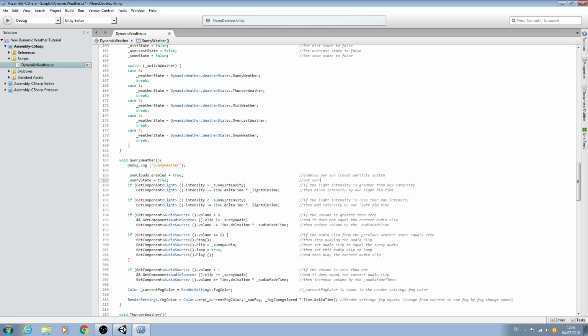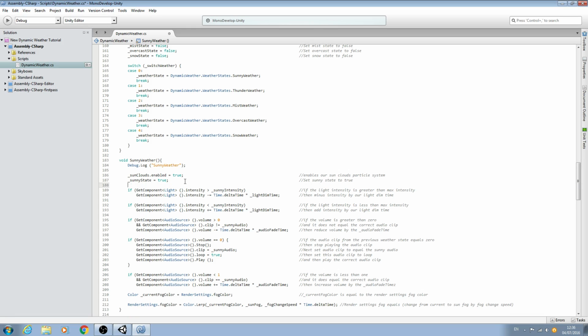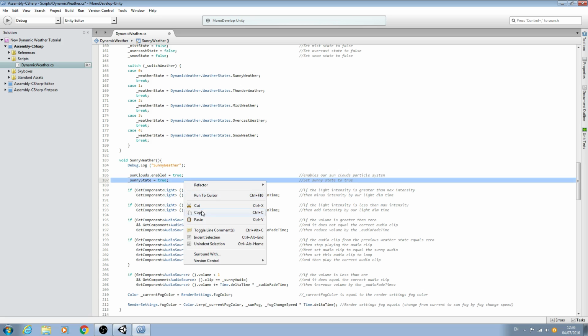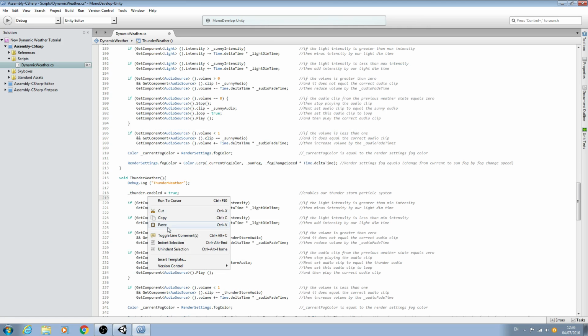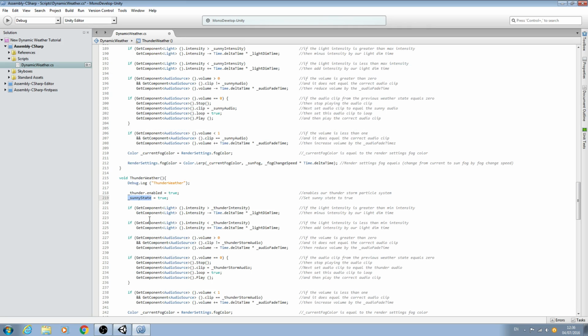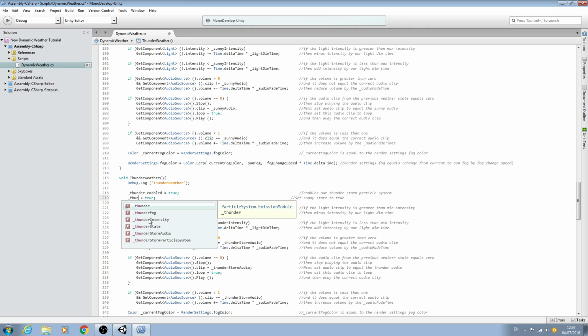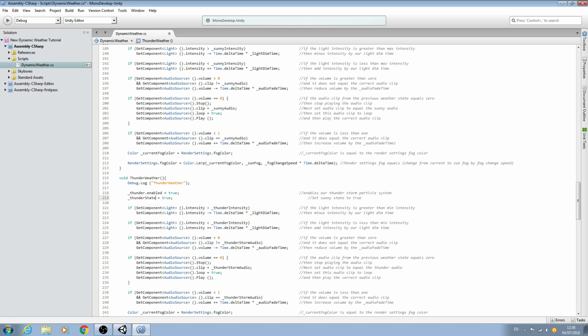So we'll say set sunny state to true, and again we'll just copy this line and we'll paste it in for the thunder, and we'll just swap out the naming convention here. Thunder state is true, and change the comment,